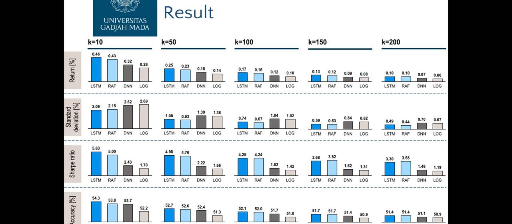This is the result. First, it analyzed the characteristics of a portfolio consisting of two key stocks. For example, the top key stock we go long and the flop key stock we go short. We choose K element of 10, 50, 100, 150, and 200, and compare the performance of the novel LSTM with the other approaches along the dimensions mean return per day, annualized standard deviation, annualized Sharpe ratio, and accuracy prior to transaction cost.